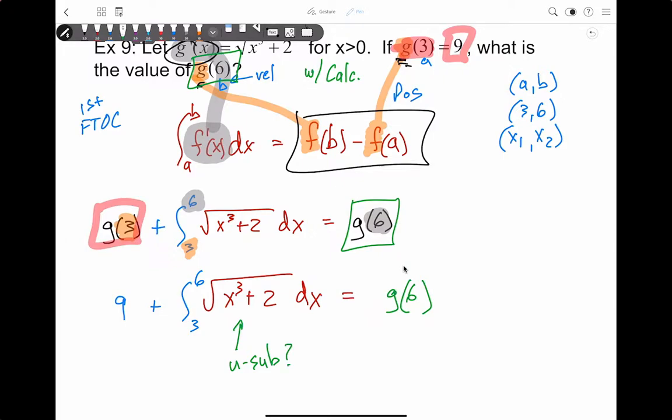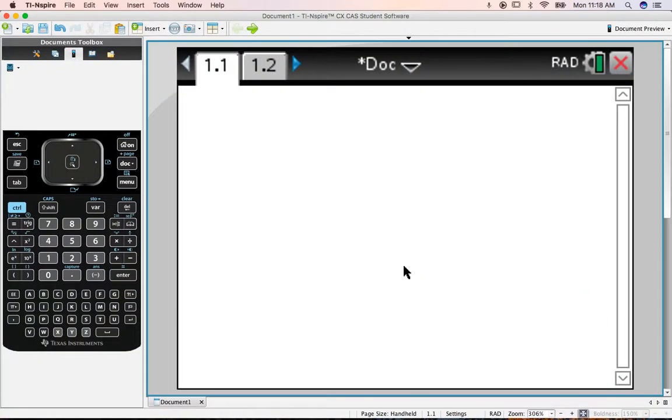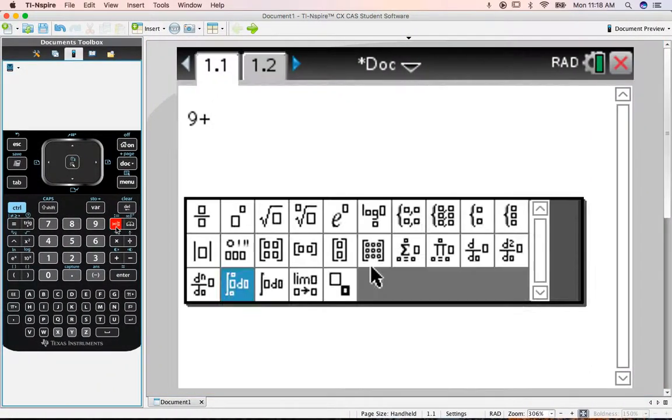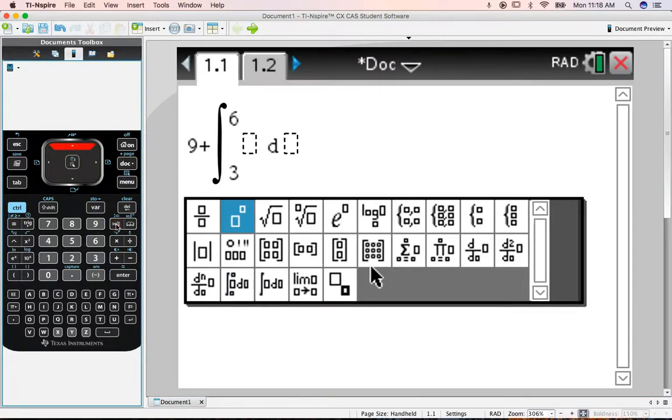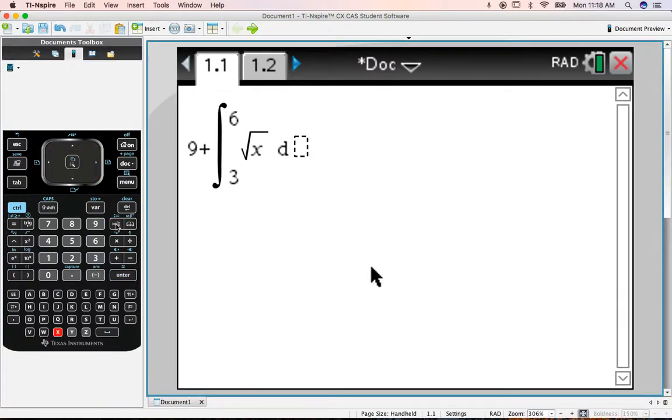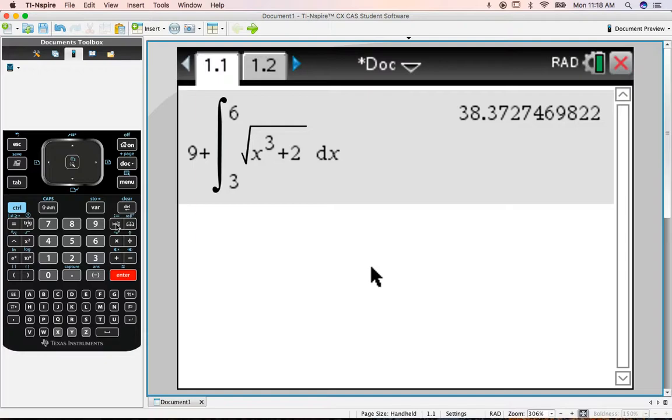We're going to have to go to the calculator and plug in the entire piece. We're going to say 9 plus the integral from 3 to 6 of the square root of x cubed plus 2, with respect to x. And we get